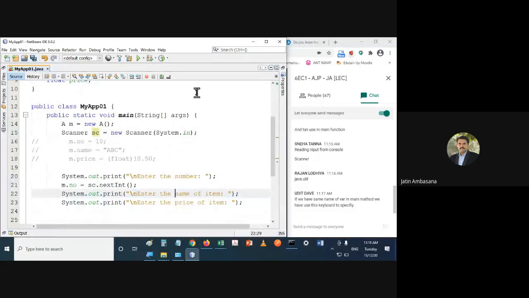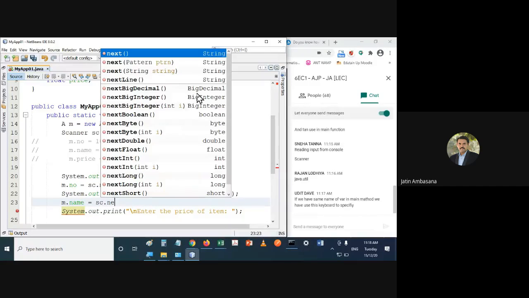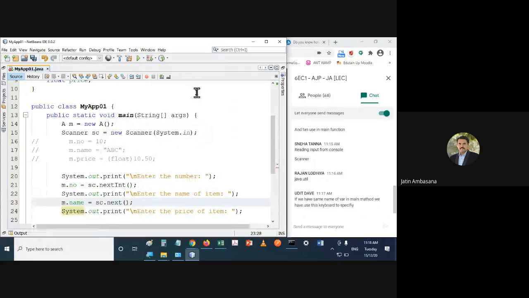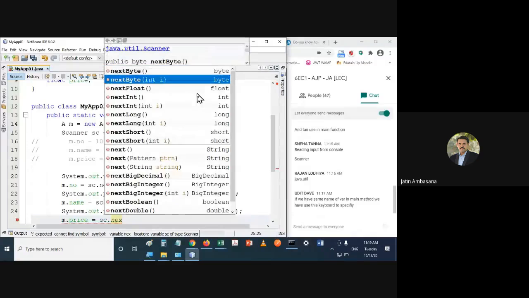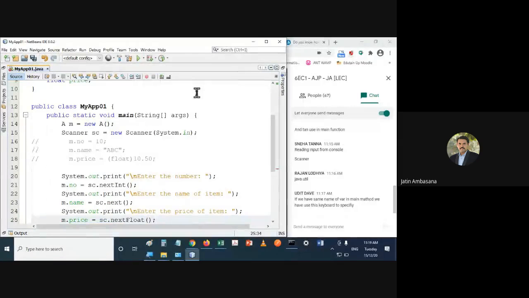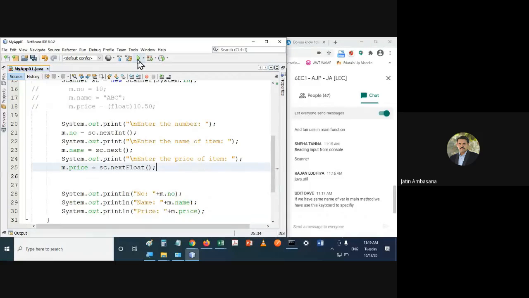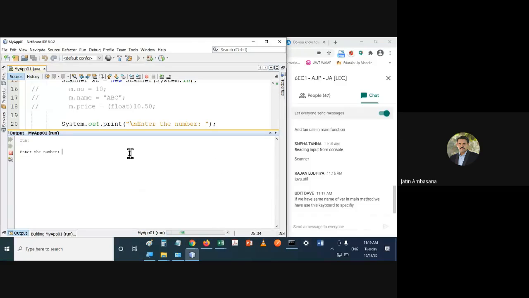We'll say next int, then for here we will say m dot name is equal to sc dot next, which will be string. Okay, and then again here we will say m dot price is equal to sc dot next. Done. So this input has been taken, and if we run this, then obviously it will ask us some number,